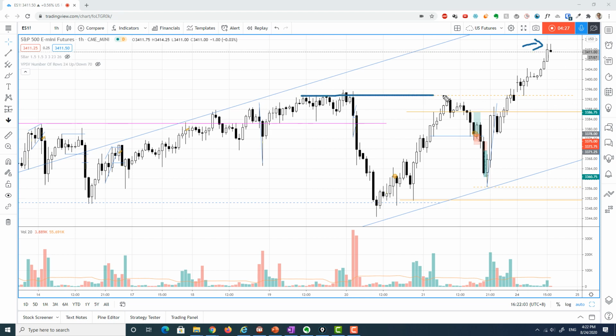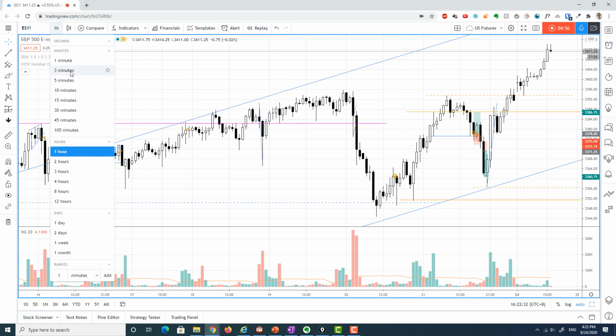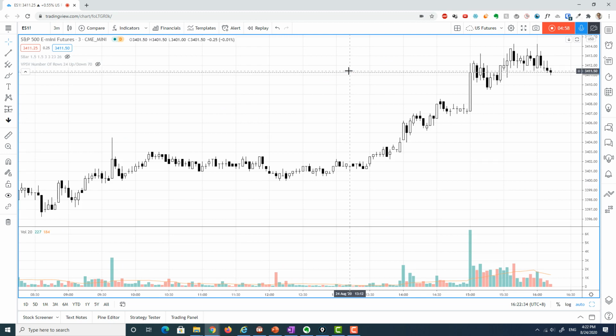For the immediate supporting level, the previous swing high is around 33.93, or if you want to use the prior high, I think it's 3397, somewhere around there. I will dive in a bit more in the later part of the video to talk about the current situation. But before I do that, let me jump straight into the 3-minute time frame, and I will elaborate on how I actually